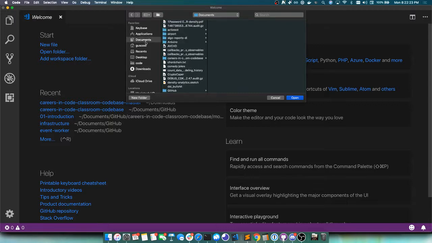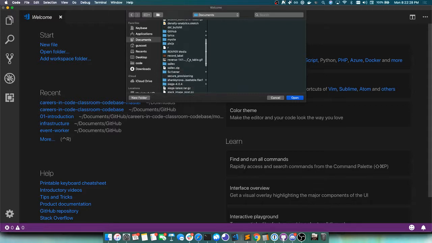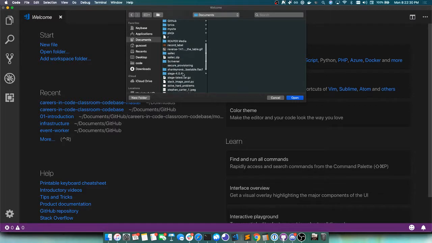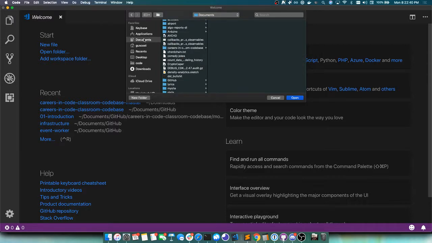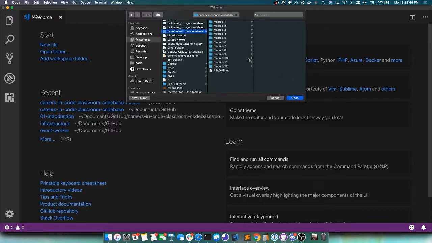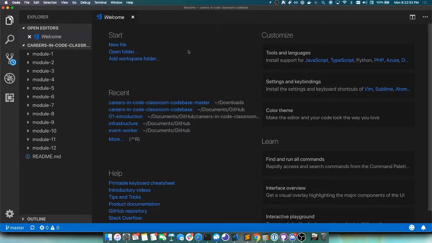Okay, so if you go back to the documents, or sorry, you go back to Visual Studio Code, you go back to Open Folder. Find your documents on the side where you just put the new one, and open the folder Careers in Code, Codebase, that one. So this one should be your fork of it,